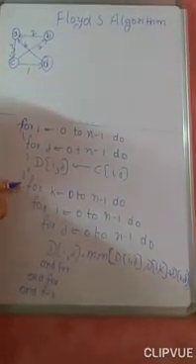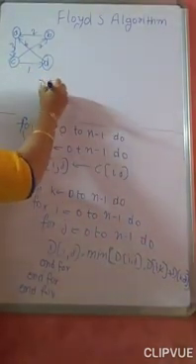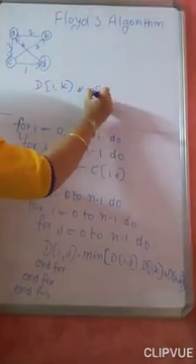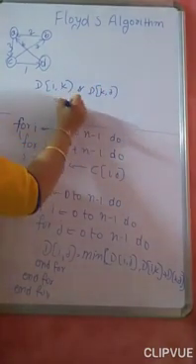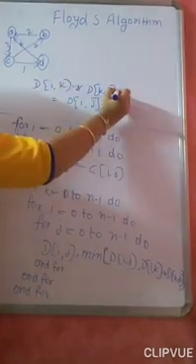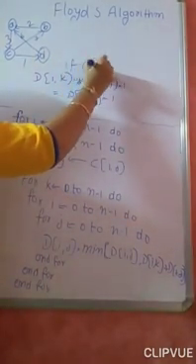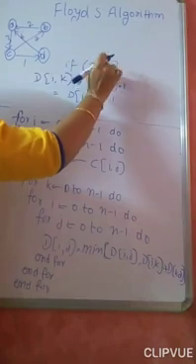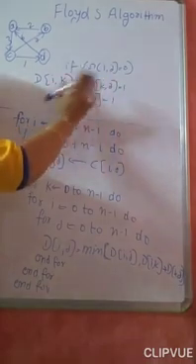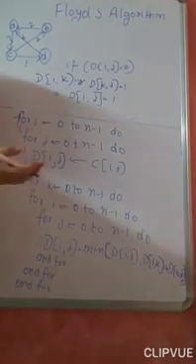In Warshall, what we have done, we have considered the 3 for loops, and we checked that if there is an edge between i to k and an edge between k to j, then I'll say that there is an edge between i and j. I'll make this as 1. If this is equal to 1 and this is equal to 1, I'll make this as 1. If d of ij is equal to 0, then I'll check whether through some other vertex there is a path. If yes, I'll make d of ij equal to 1. That is what we have done in the Warshall algorithm.